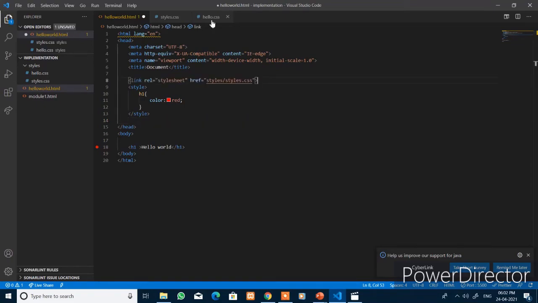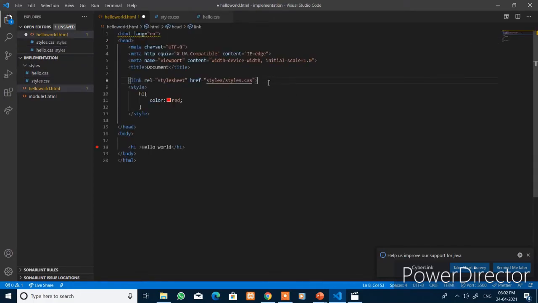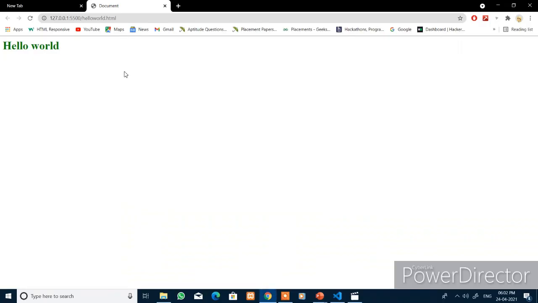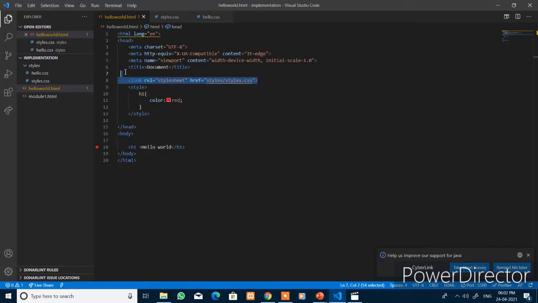Now I show you one more behavior of CSS. Here in hello.css, add exclamation mark important. Now you cannot override this property value. When you save that, even though the source file is above the internal CSS, when you see in the browser, the text color is not overridden. The priority does not depend only on the ordering. Even if you add the inline CSS, it will not override.